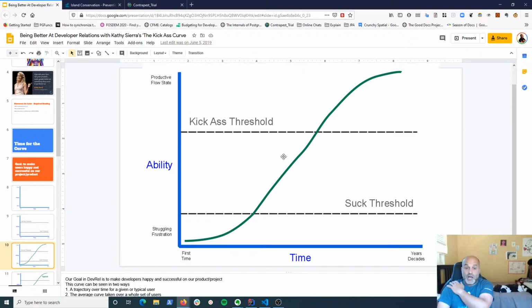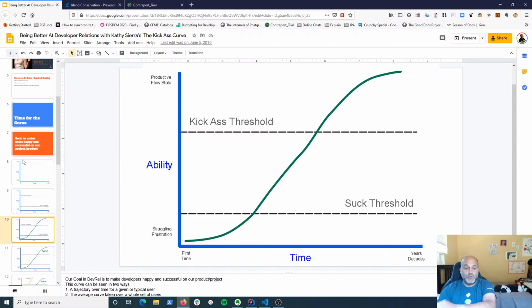So our job in developer relations, and your job if you're building stuff for people, is that as a tool for people to use, like software or an API or any of that kind of stuff, is to try to get people out of this zone as quickly as possible and up to this zone as quickly as possible, right? And one of the primary tools we have for that, oh, well, one other thing, hold on.